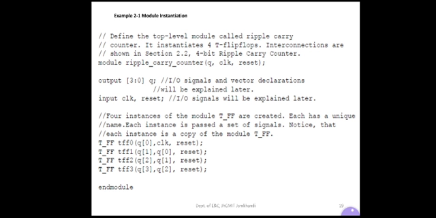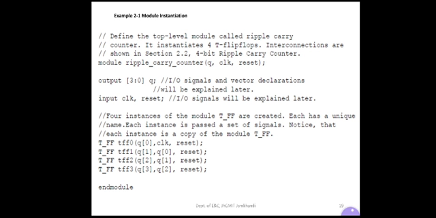You can write just RCC, that is ripple carry counter. Then the list of terminals, that is Q, clock and reset. These are the terminals that appear in a ripple carry counter, followed by a semicolon.